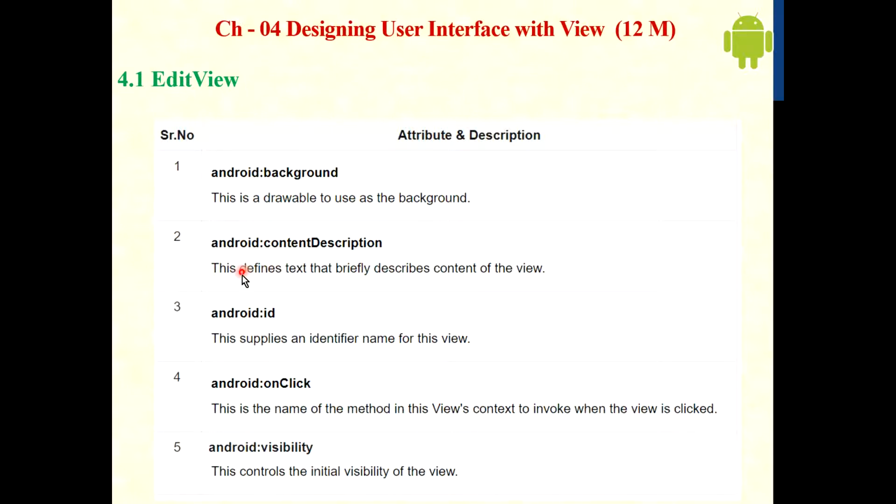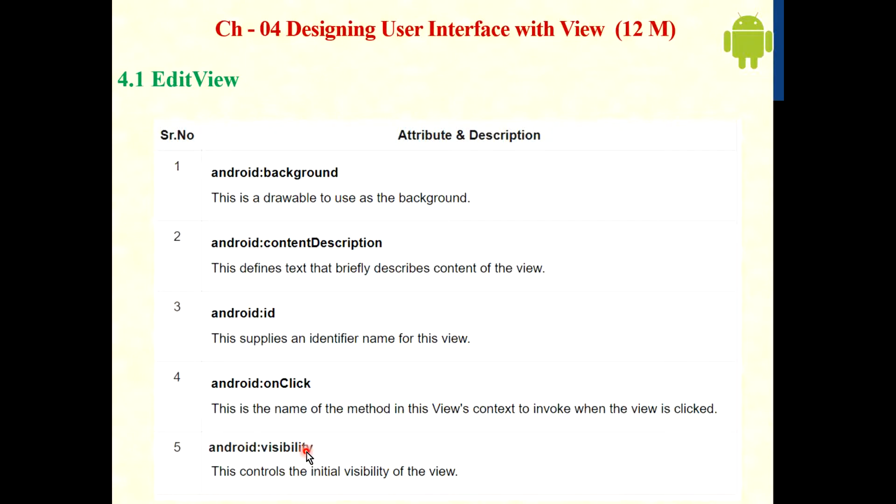Content description: this defines the text that briefly describes the content of the view. Then android:id. This supplies an identifier name for this view. Then onClick. This is the name of the method in this view's context to invoke when the view is clicked. And last one, visibility. This controls the initial visibility of the view. That means if you want to set visibility, at that time we use this attribute.